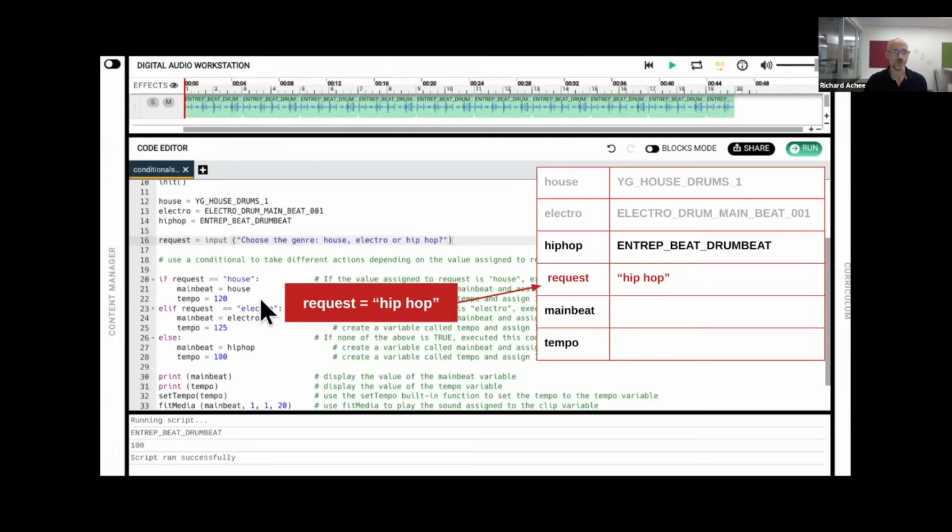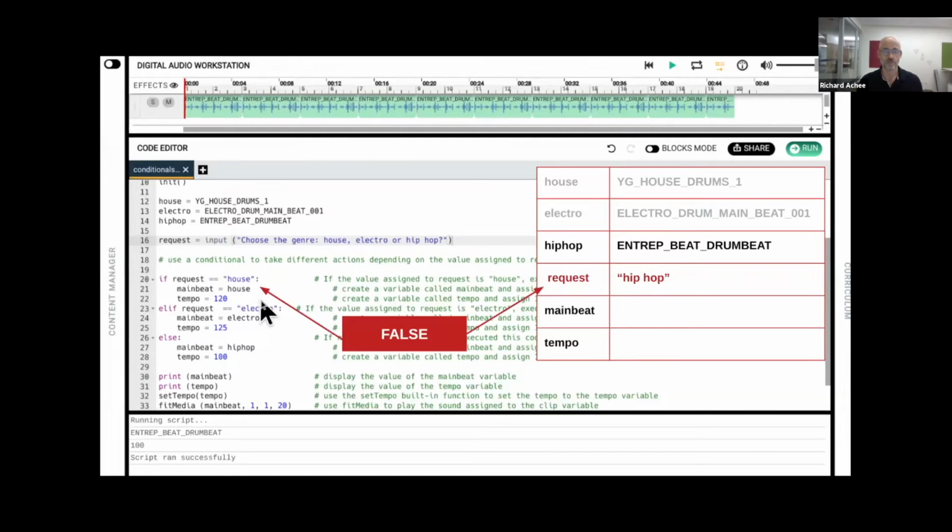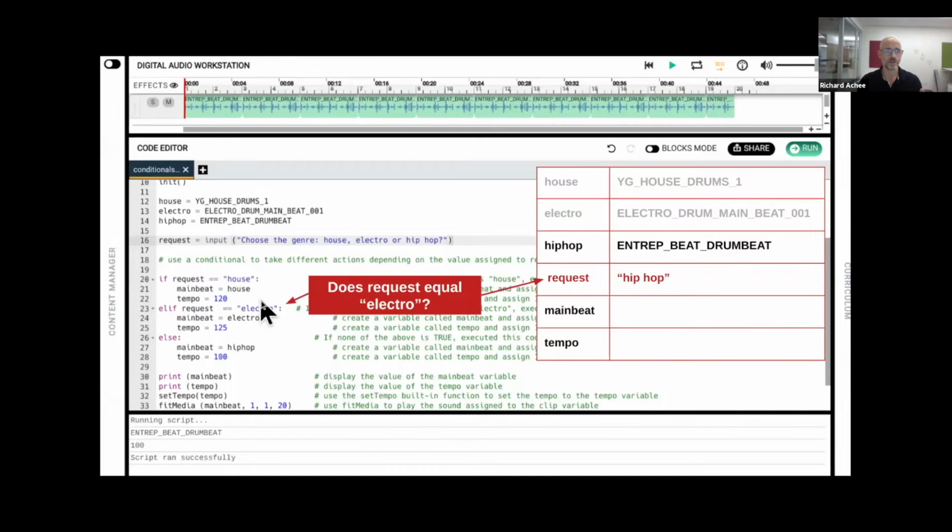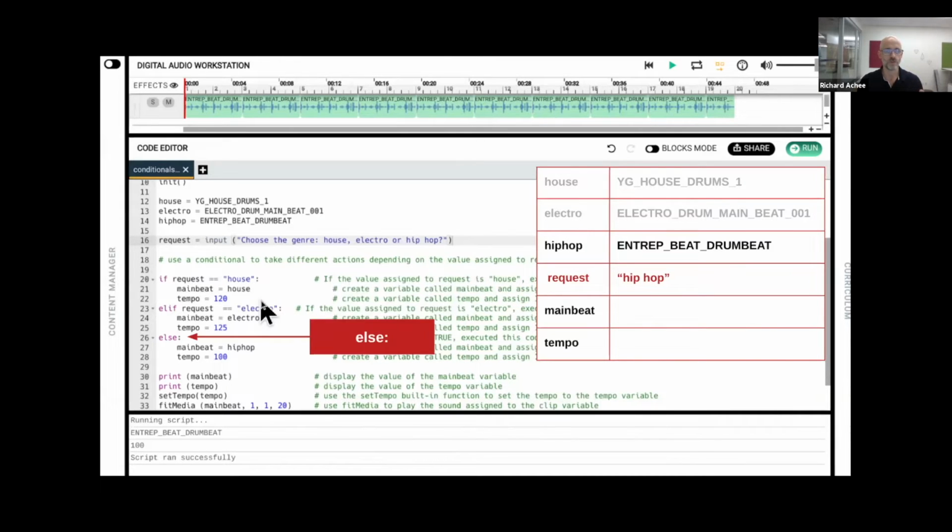Now request doesn't equal house. Great, false, skip that. Electro, nope, false, skip that. So it just says else. Notice there's nothing that says elif request equals hip hop, and the reason is you don't need it. You don't need to test whether it's hip hop because if it's not house or electro, it's just going to